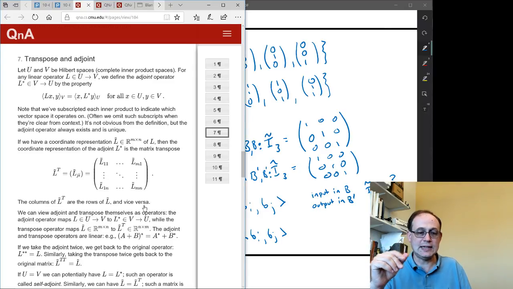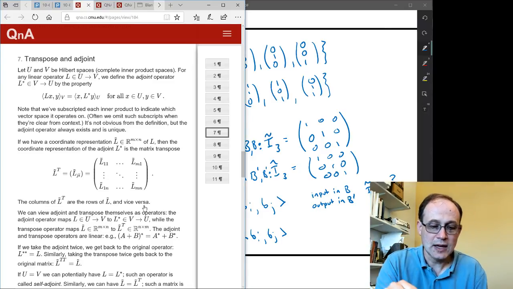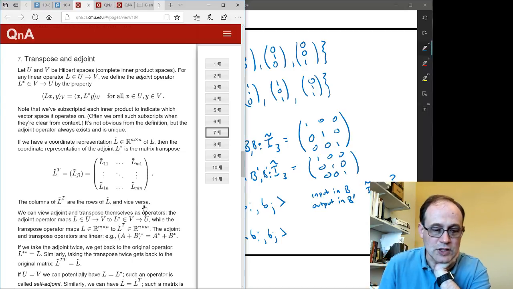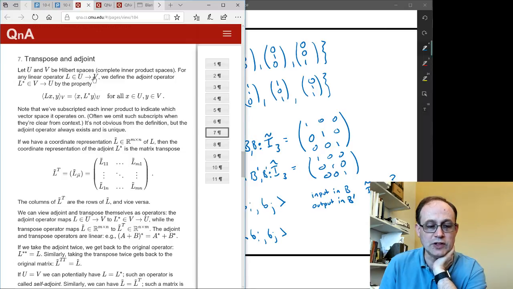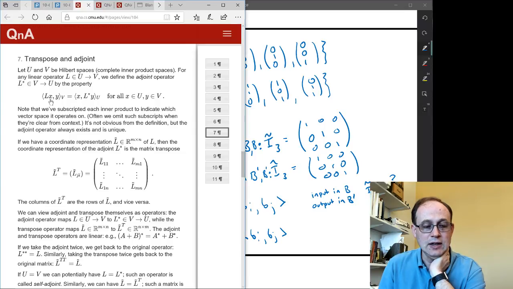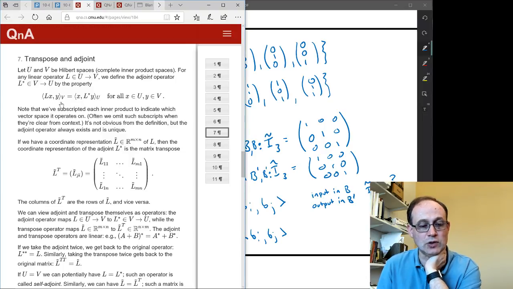So let's go ahead and say that in a little bit more detail. Let's say we have a linear operator L, which goes from vector space U to vector space V. We'll define another operator, L adjoint, which goes from V to U, so the reverse direction, by this equation. The equation basically says that if you take the inner product between Lx and y, which are both elements of V, and so I've put a subscript here to say that that's the inner product in V that we're looking at,